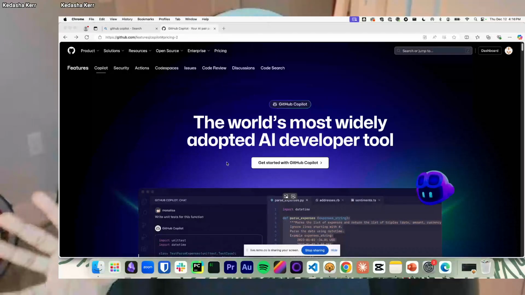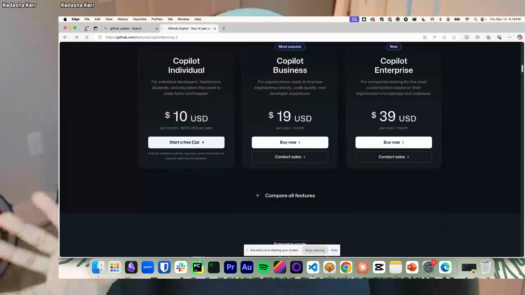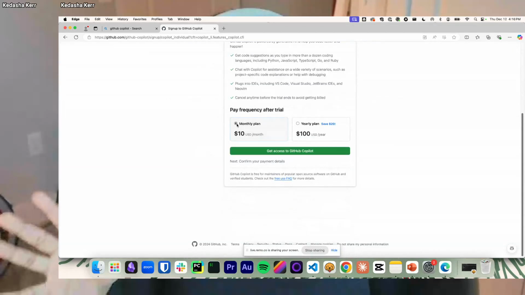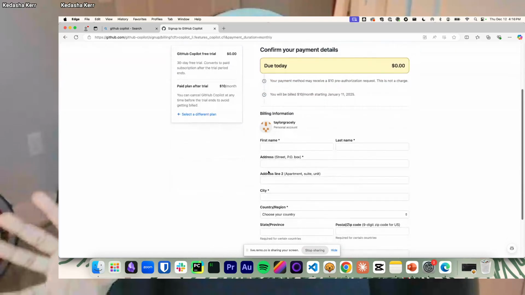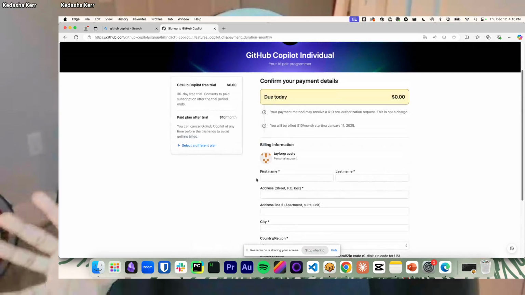Let me go back and show you what I'm looking at. Share screen, entire screen, this one, share. Cool. So when you click get started with GitHub Copilot, you're going to see start with a free trial. Then you come to this page. You just select this one, get access to GitHub Copilot, and enter all your information. Once you've entered